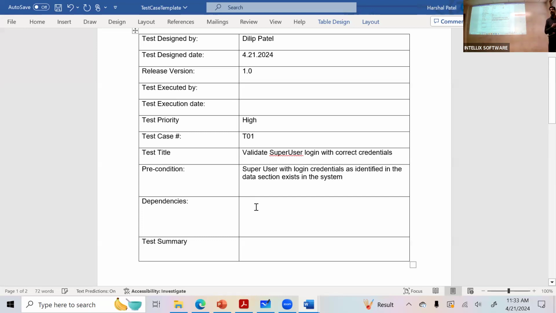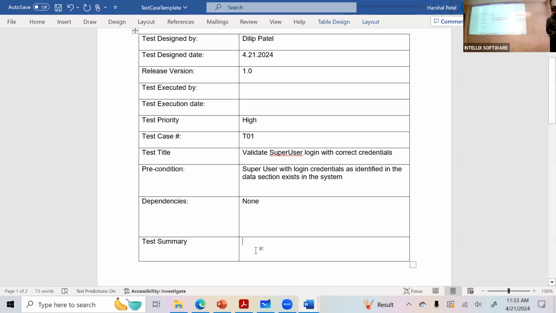If I want to log into my bank account and my account doesn't exist, can I log in? I can't. So before I can log in, my account has to exist. That's what this is saying. This is a precondition. Before the super user can log in, that account has to exist. I don't have any dependencies, because there's no external system. All of the user IDs and credentials are going to be in there.